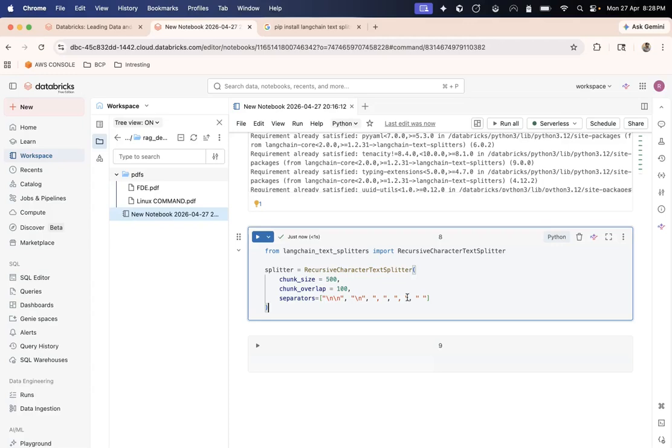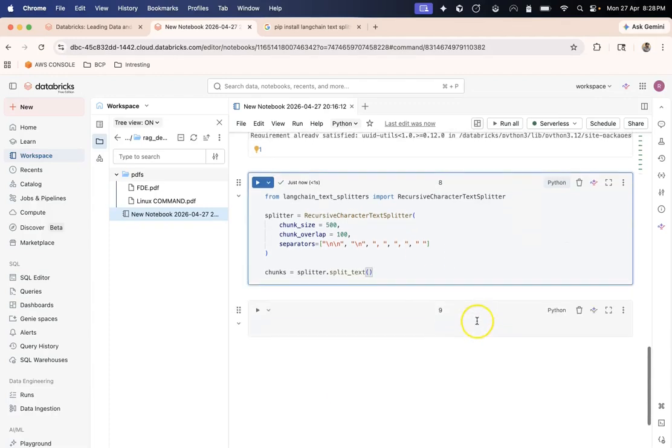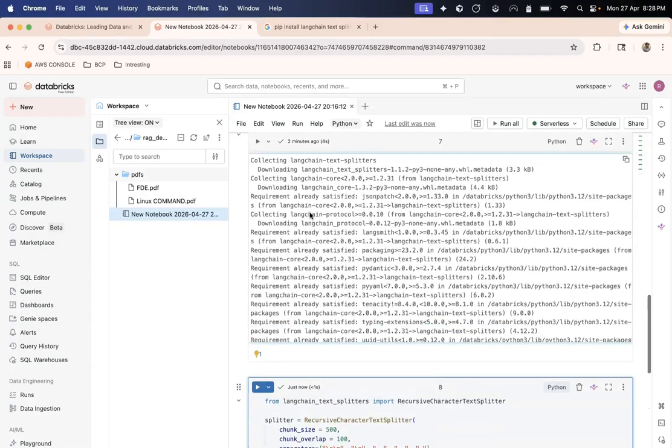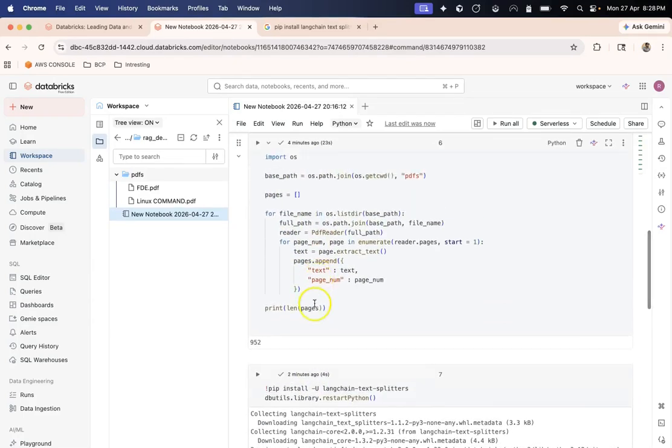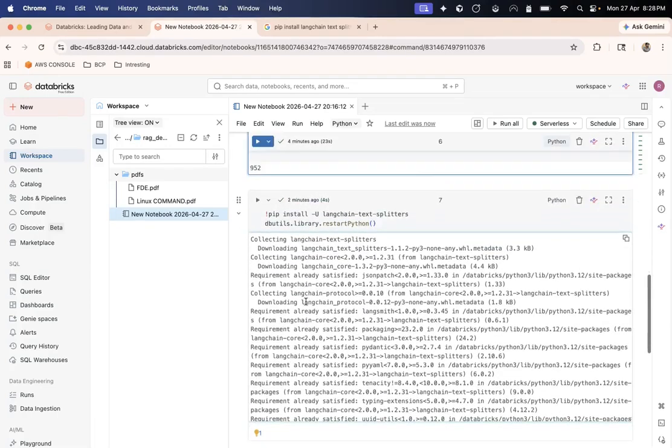After this, we can create our chunks, and what it will do is it will take this split text function.